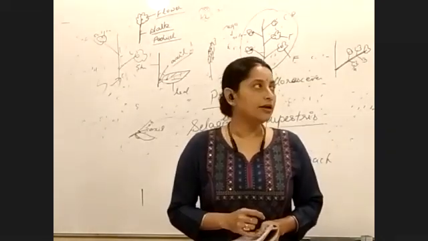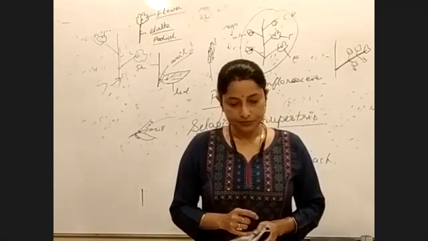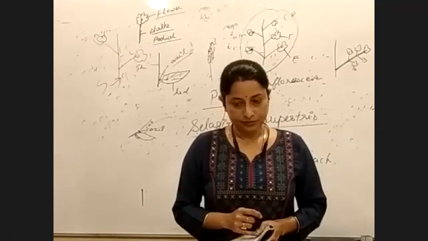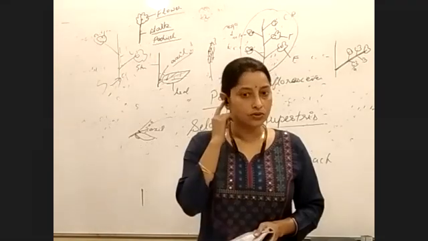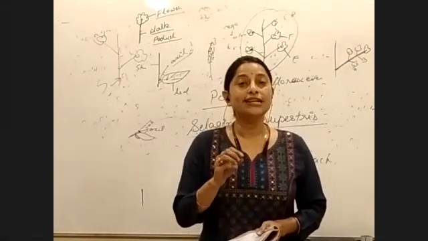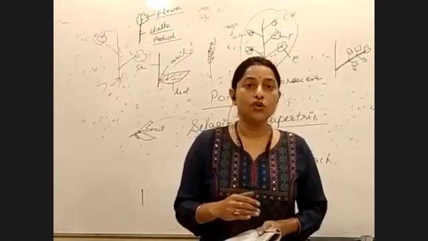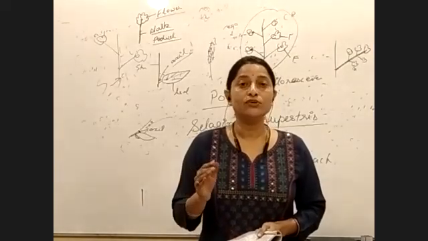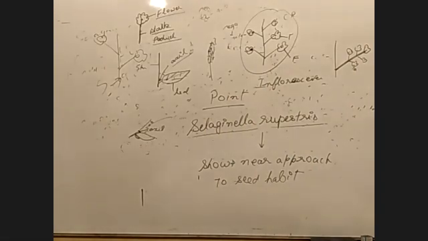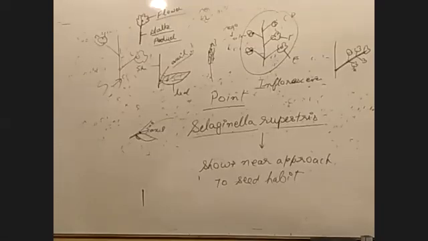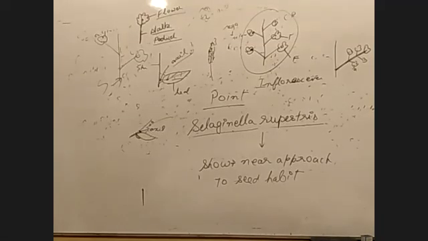Ma'am, will we see rhizoids under the soil? Which one? Rhizoids. Yeah, root-like structures are called rhizoids. Normally, in lower plants we have rhizoids. A structure like a root should be there, that is called a rhizoid. Where will we see it? We will see it under the soil. Okay, ma'am. Thank you.